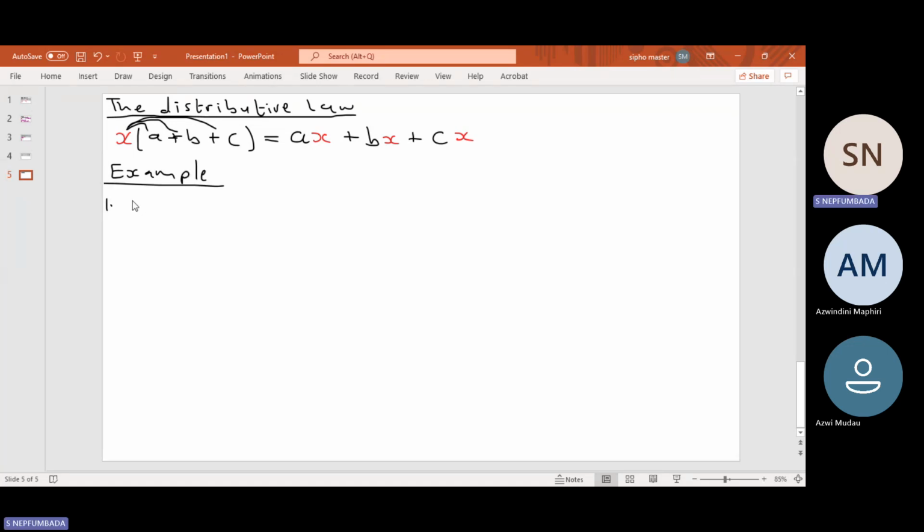Let's say we're going to simplify this: 5 into (3x minus 1) plus 4 into